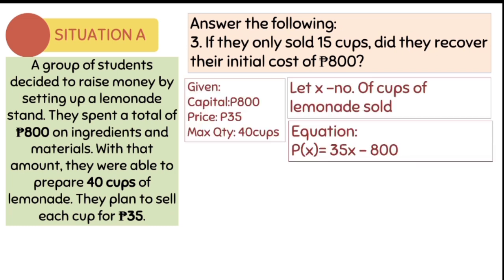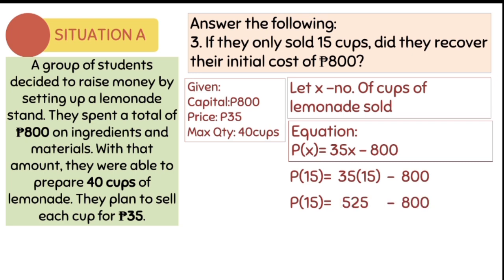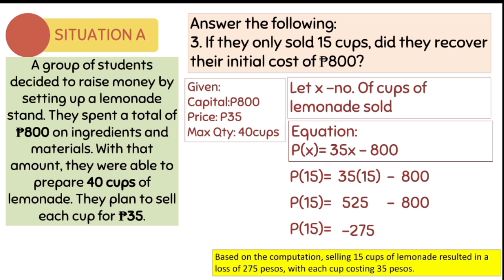So since our formula is still the same, P of X equals 35x minus 800, we replace X by 15 since we are selling 15 cups. So we multiply 15 cups by 35, which is the cost per cup of lemonade. And we subtract the 800 pesos. So 35 times 15 is 525 minus the initial cost or the initial expenses of 800 pesos, which will give us a negative profit of 275. So based on the computation, selling 15 cups of lemonade resulted in a loss of 275 pesos, with each